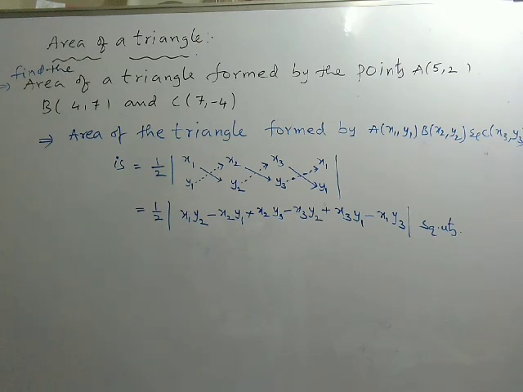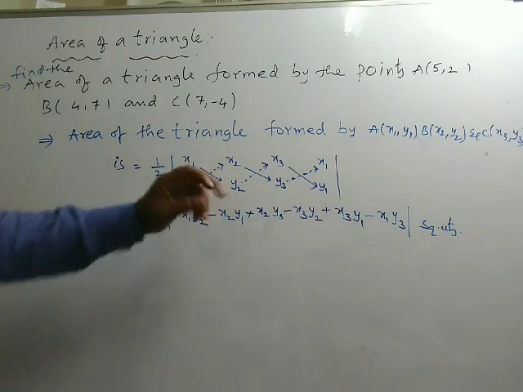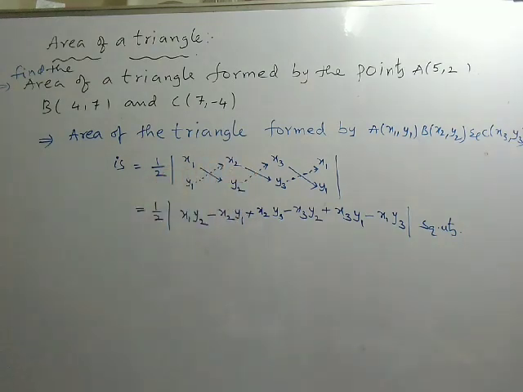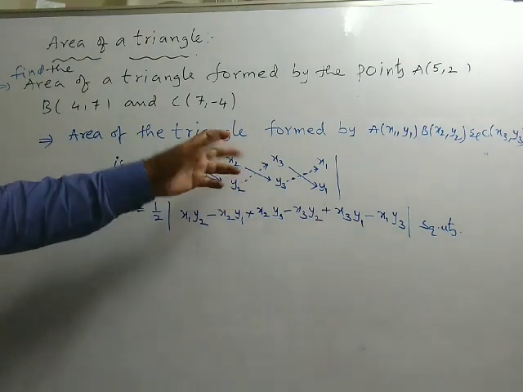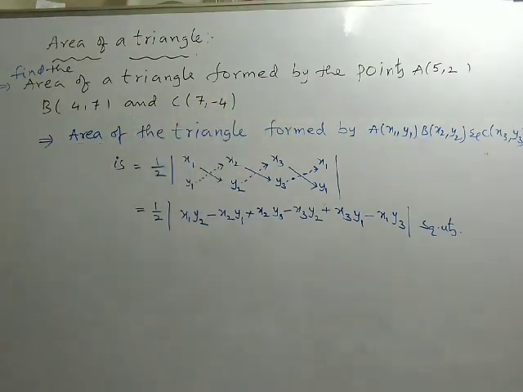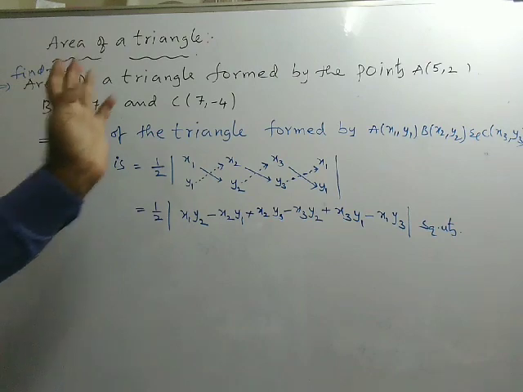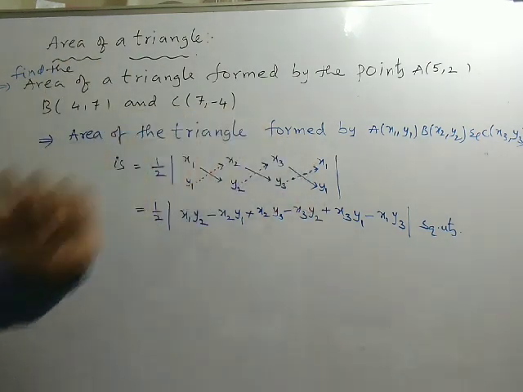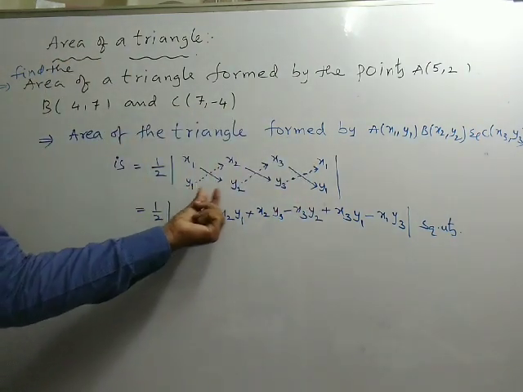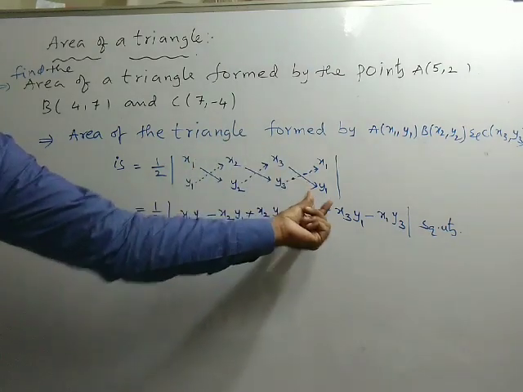So just look at the formula once. Step number 1, we need to write all the x coordinates by leaving a little bit of space: x1, x2, x3. After completion of the given coordinates, because of a triangle here there are 3 coordinates, no? Then repeat the first one once again, x1. Similarly y1, y2, y3, and repeat the first one, y1.